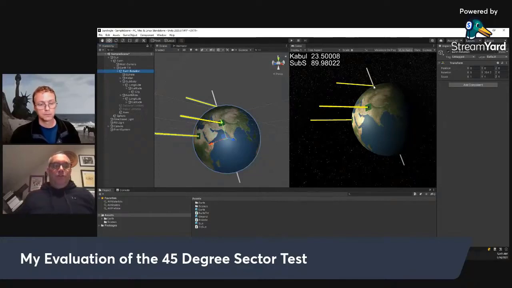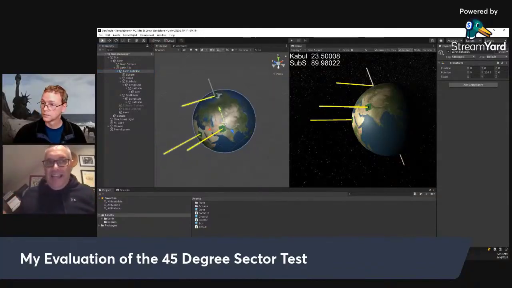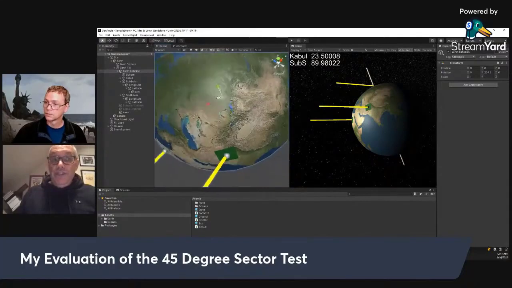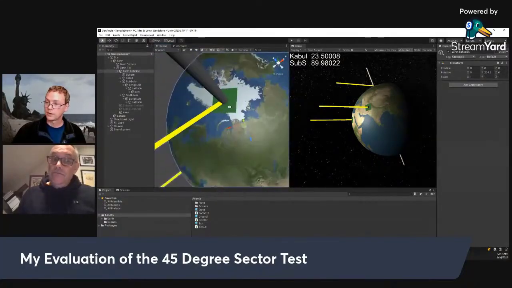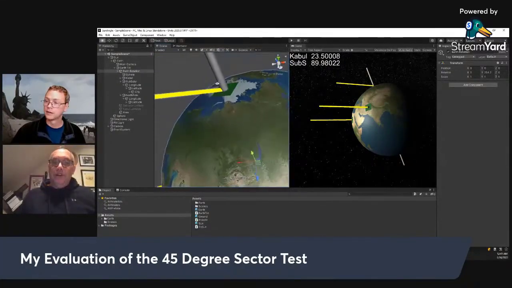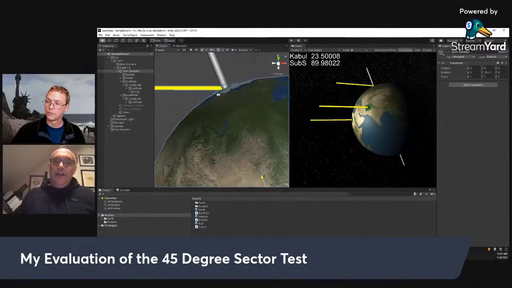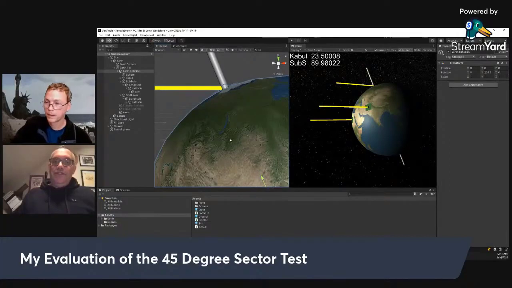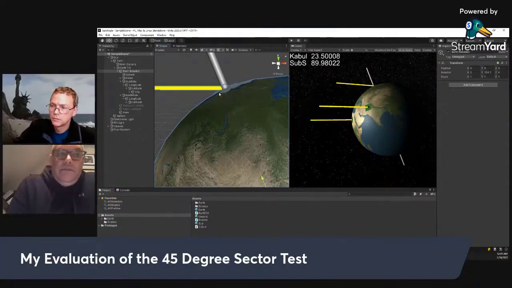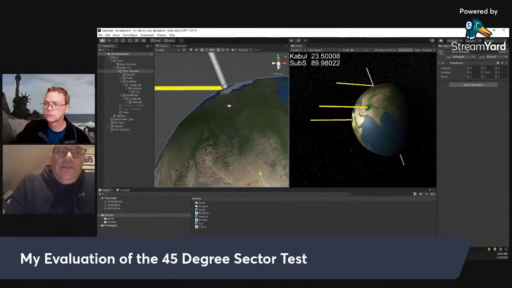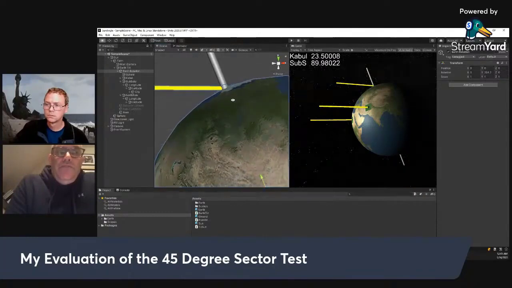Now, here's another thing. When you say above the horizon, what are we defining as horizon? 0 degrees? Yes. This little green plane represents a horizon there. Okay. So now your beam of light's going to have to go 0 degrees because you're higher than 0 degrees. I don't understand what you mean. The beam of light is above this green plane, right? Yeah. So what angle is your beam of light at?